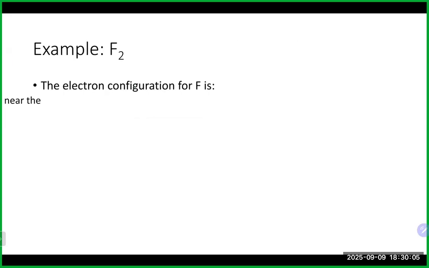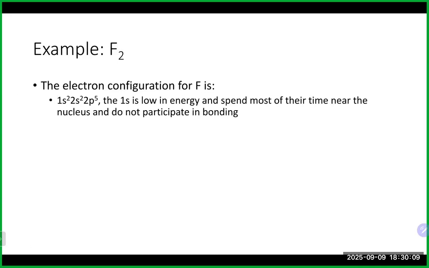Let's take a look at another example here. We have fluorine, which has an electron configuration of 1s2, 2s2, 2p5. As we talked about previously, it will have 7 valence electrons. In this situation, once again, it is fluorine on both sides, identical sort of periodic trends. So they're just going to agree to share those electrons. And the result of that is you will get a bond formed between the two fluorines